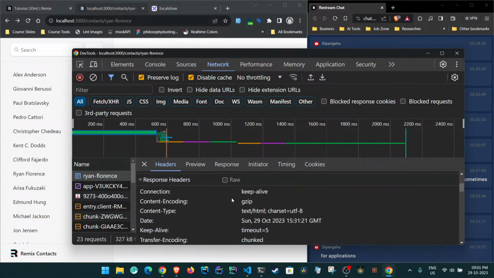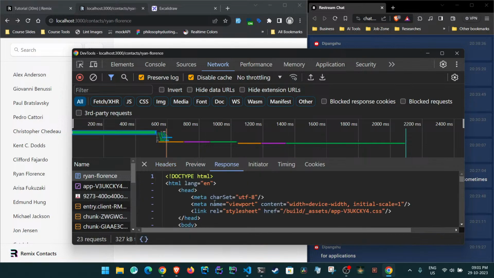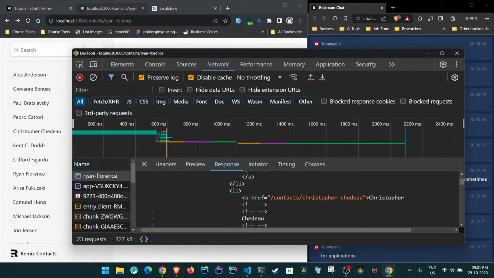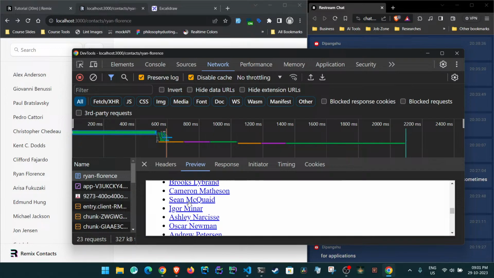Then this server will send a response, which is this entire HTML media itself. If you can preview it, you will see all of this is the response. There's no CSS here. This is just an HTML response with all the links and everything, right? And if I click on this, say link,